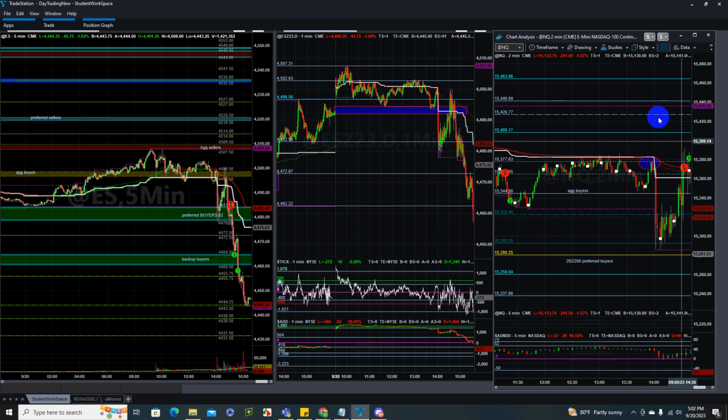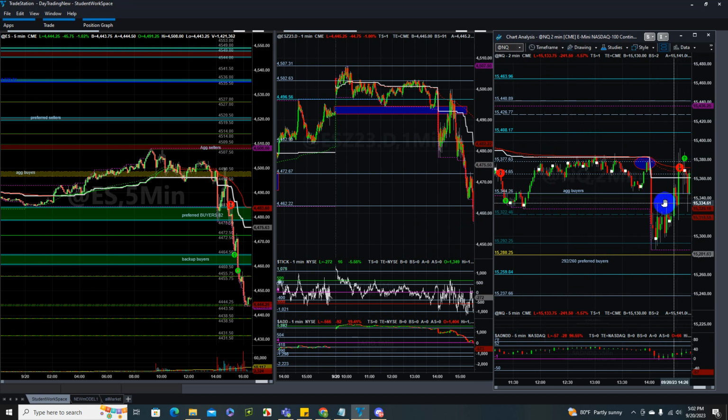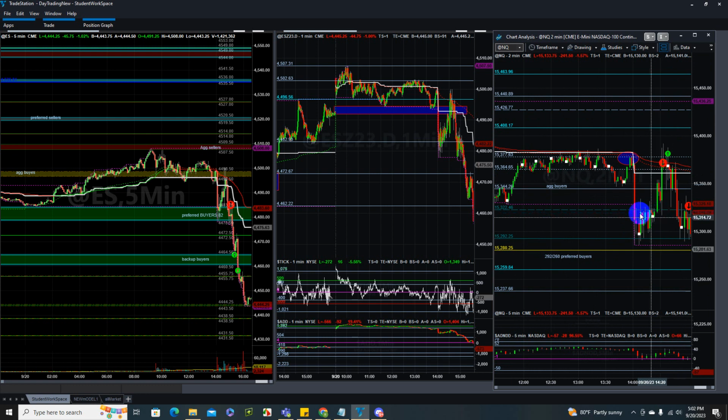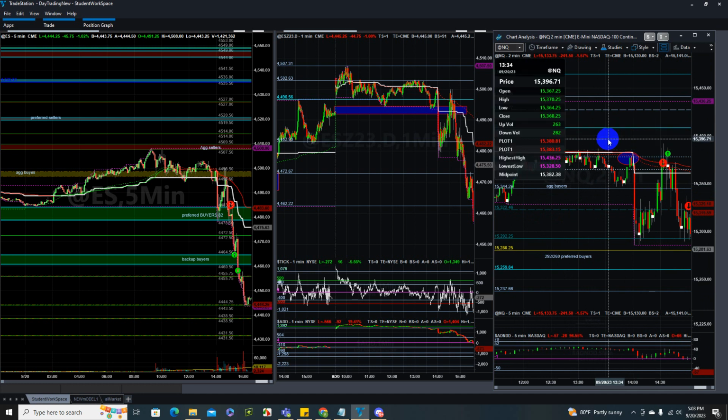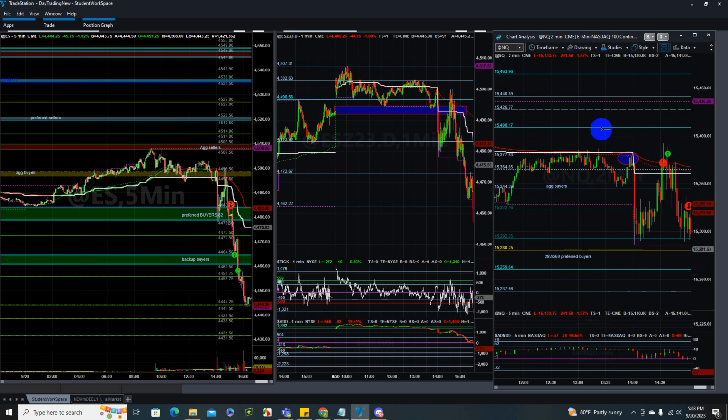Here one could have gone long with the flow while Powell is talking, right here above this area, and quickly bail out here. Okay, that could be one setup. I'm not going to show it here, but that could have been one long going with the flow. Okay, now we have to watch. So now the only thing is either it goes below 322, then you are ready for short, or it goes above this high completely, then 392. Actually, that's the level I gave in real time. That's the key.